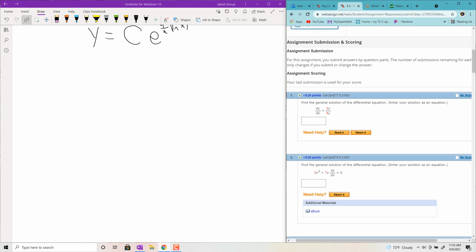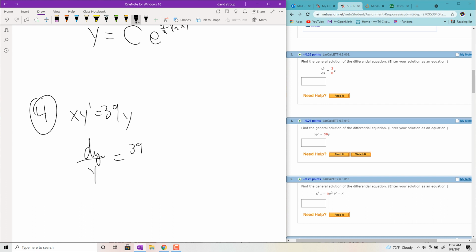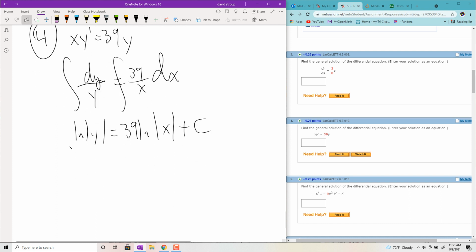Let's try this number 4. x y prime equals 39y. So separate, you get dy all over y equals 39 all over x dx. Integrate, ln absolute value y equals 39 ln absolute value x plus c. Exponentiate, you get absolute value of y equals, let's separate this a little bit. So you get e to the c times e to the 39 ln